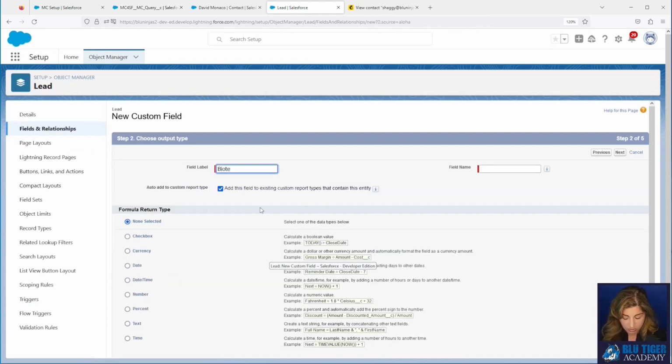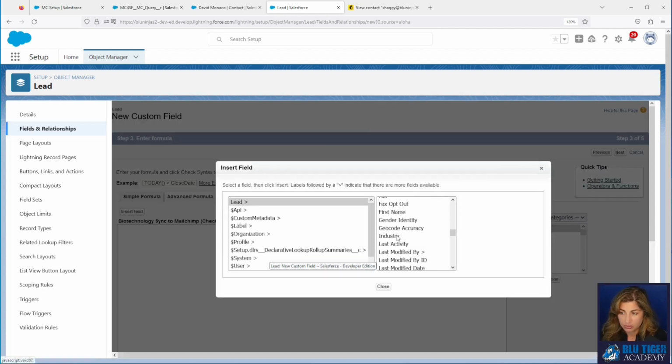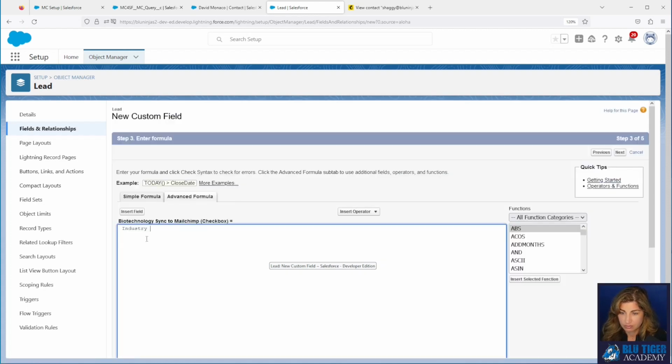So if we wanted to stay with the biotechnology example, we want it to be a checkbox. We could say we want our industry to be biotechnology. And then our email contains blueninjas.com.